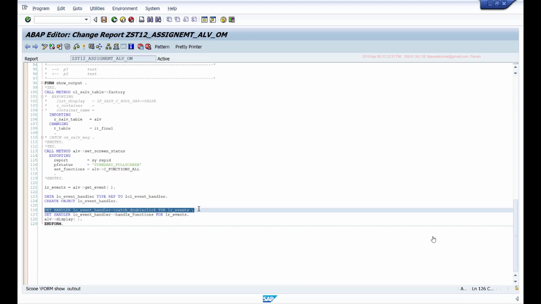Okay, so that's about this ALV object model. Again, this ALV object model and the ALV grid control, all these are well documented. So if you want to have some additional functionalities, for example, if you want to set the column headings, or if you want to change the order of the columns, then again you have to get a reference to the columns instance and then accordingly modify those headings using the setter and getter methods. It's all about using those setter and getter methods to work your way around. So there's a lot of documentation available online. So search online and you'll get plenty of help with this.